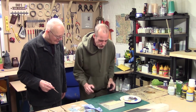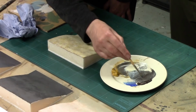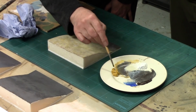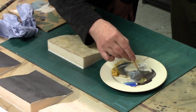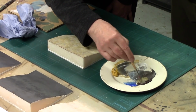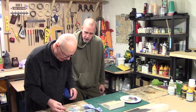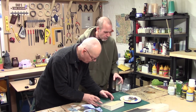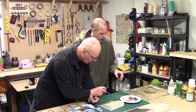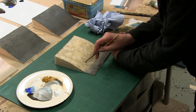Right, Fred, you said there's one last thing that you want to do with it. What do you want to do, mate? This is just a little finishing touch. That always is a nice thing to do, and that is a little bit of hand-painted, the opposite highlights actually, sort of like shadowy areas. Okay. So you went with the ochre, a little bit of white and a little bit of umber there. Yeah, this is more umber, and I'm just putting...